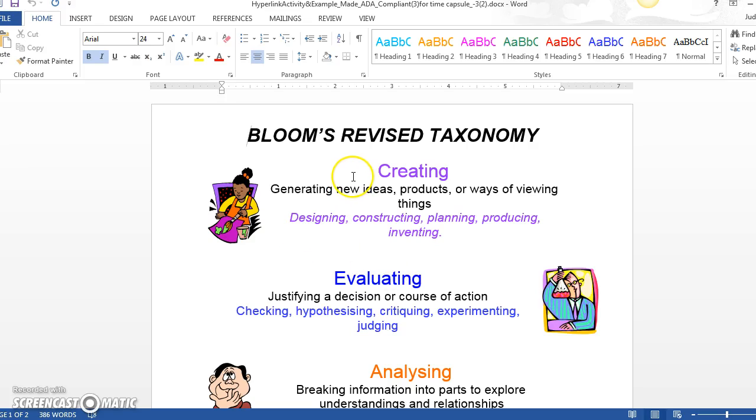Everyone, I just wanted to make this video so that I could show you a couple of things regarding creating headers and making the document accessible. So what I have here is I'm in Microsoft Word and I've opened up the document, and you can see